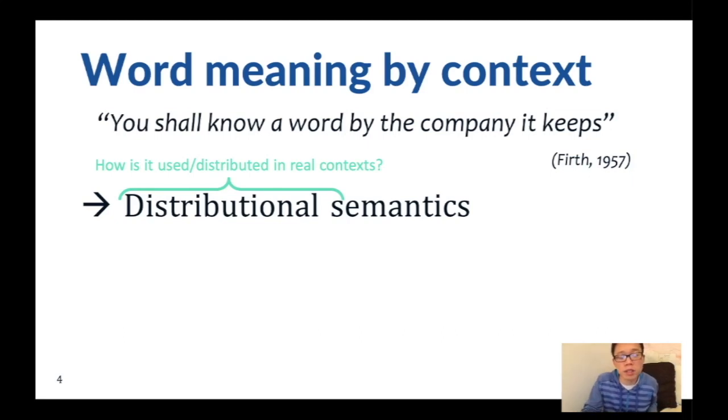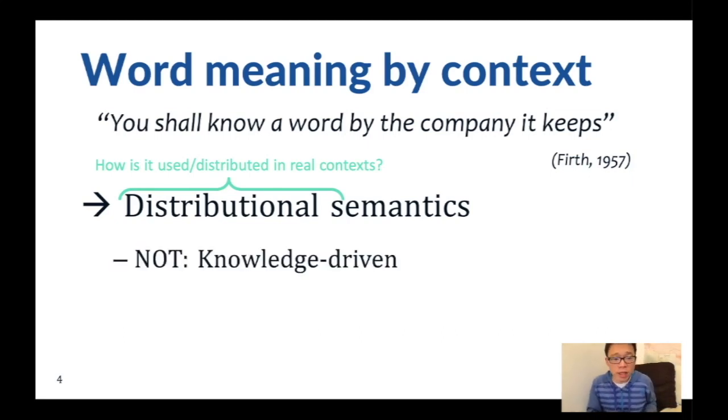And so where is it distributed? When we're doing distributional semantics, we're not doing knowledge-driven semantics. Now, knowledge-driven semantics, or meaning by what we know as humans, is the way that things were done previously, and we still do a lot of knowledge-driven stuff, but I'm focusing today on distributional methods.